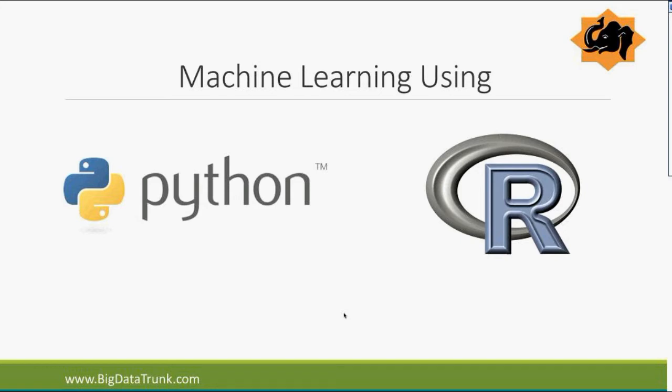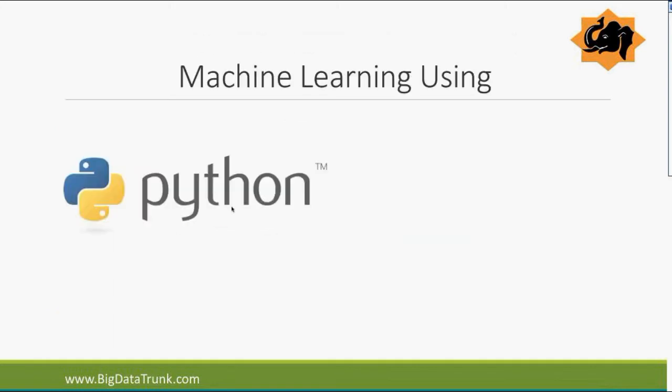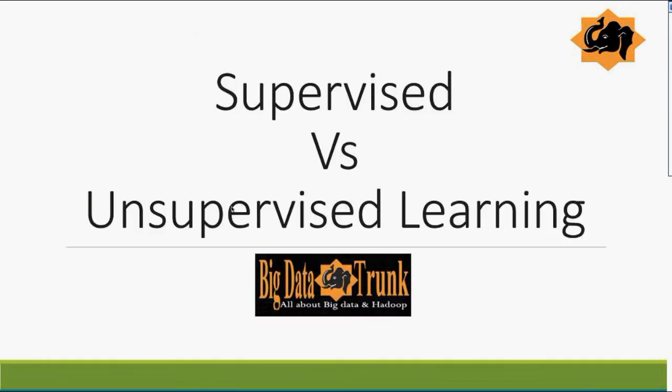There is Mahout. There is SAS. There are many other offerings. I just wanted to bring a few so that you get a sense of it. What we do in our machine learning training program, we do a couple of them. Most of them touch one. We do definitely Python, and then we also do Spark-based machine learning. So that's the combination in our training programs. We also touch Azure. So that's why we want to give you quite a few different tastes. So that's all about the background.